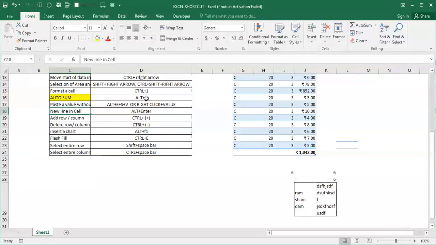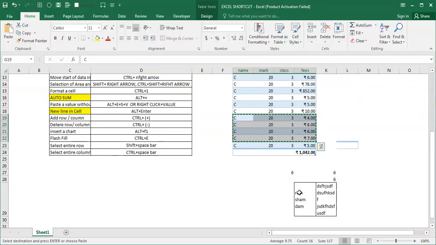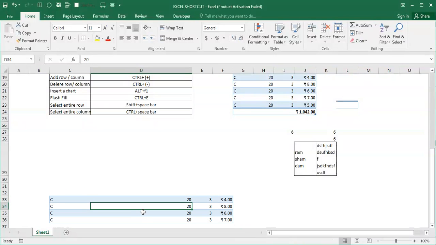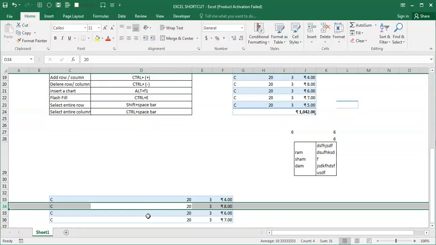Okay, next, add a row or column. Suppose you have data here and you have missed something you want to add. For selecting this row, press Ctrl space bar, it will select the entire row, then press Ctrl plus, so it adds one more row in between.